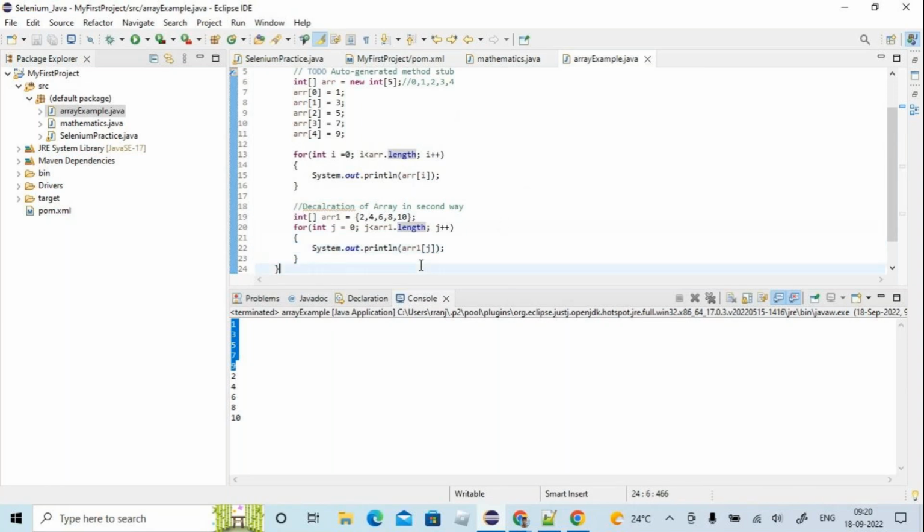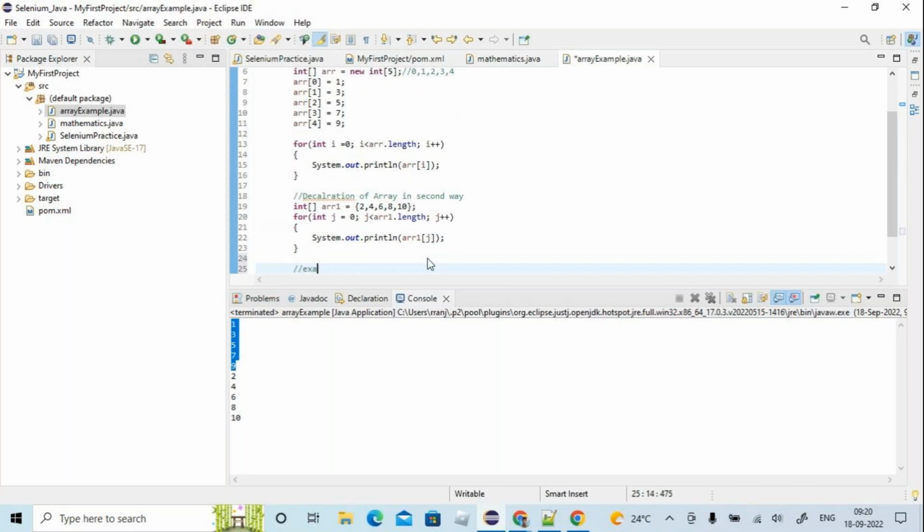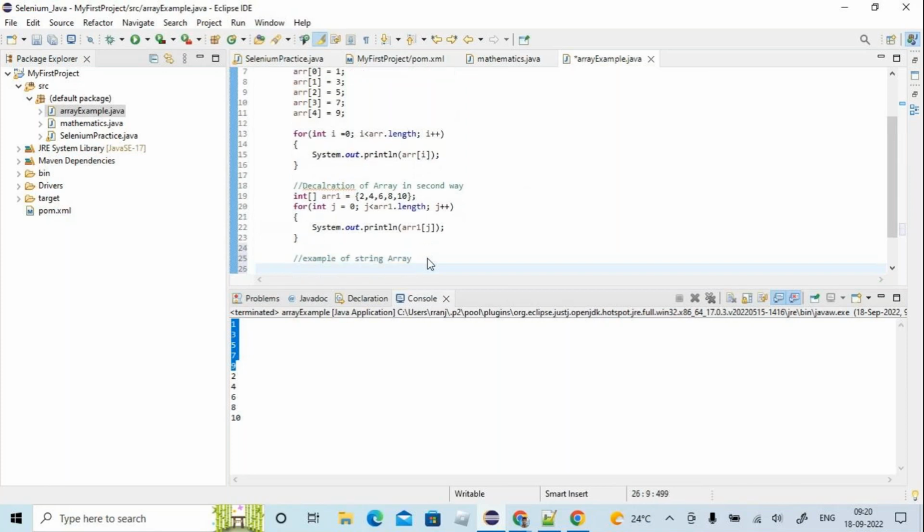Now I am giving you one more example, of string array. So how can we do that? For declaring the string array, here I am just saying String str. So this is the variable name. I can give any variable name, that will work absolutely fine. String array equal to,